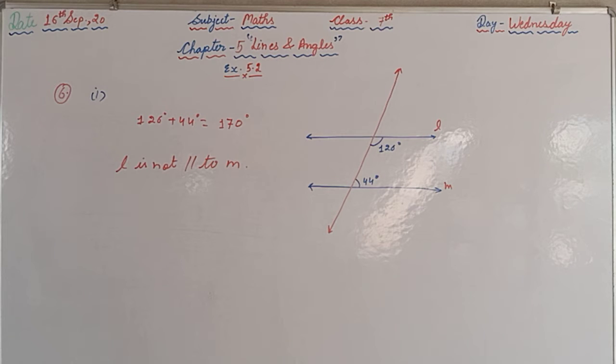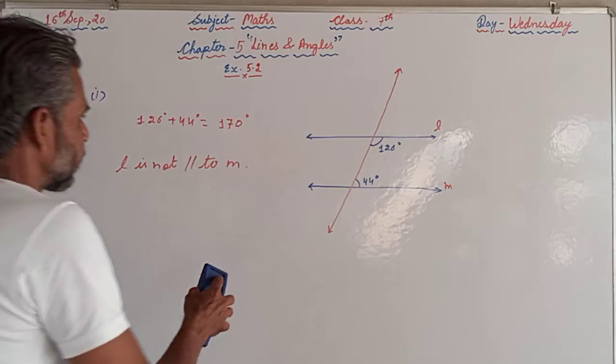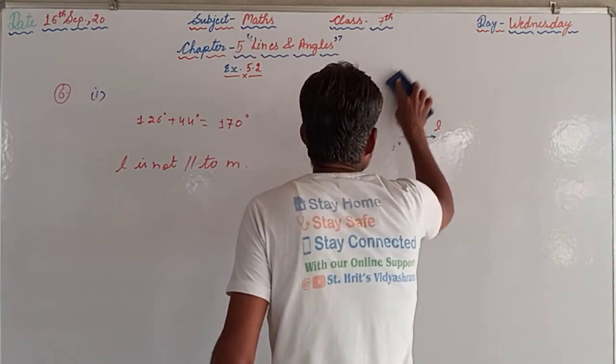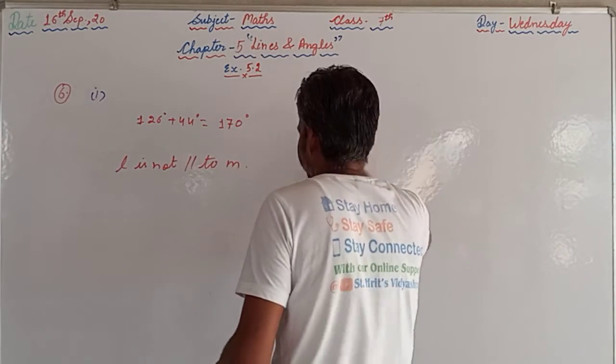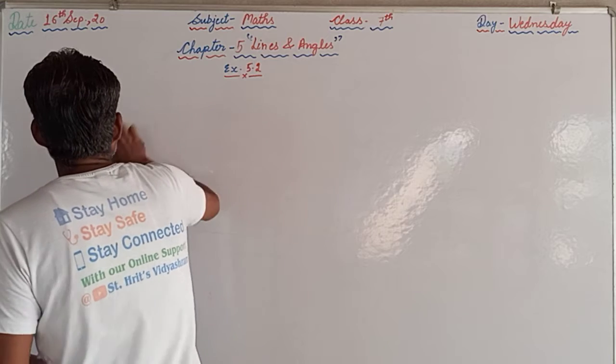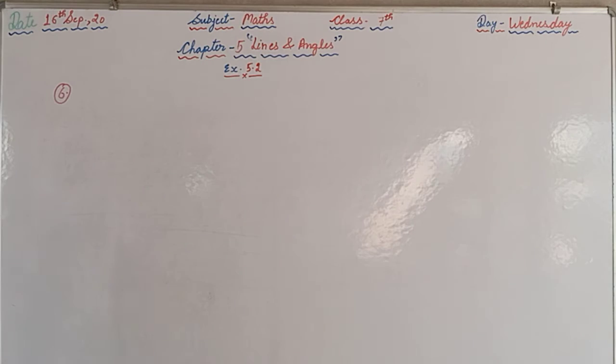Same in the second part, the opposite angle will be 75, and 75 plus 75 is 150 degrees. So, I will tell you in the second part whether the lines are parallel or not. Second part is like this,